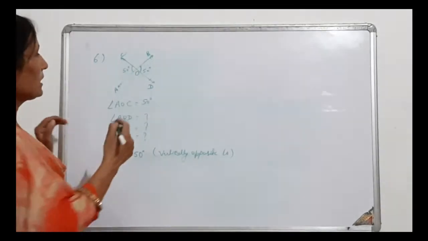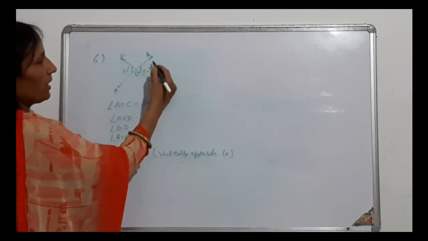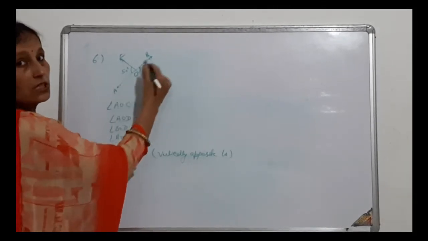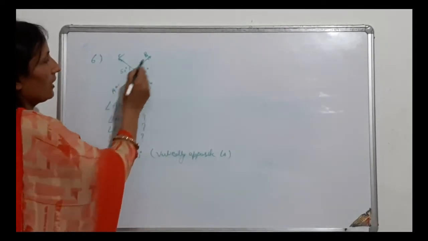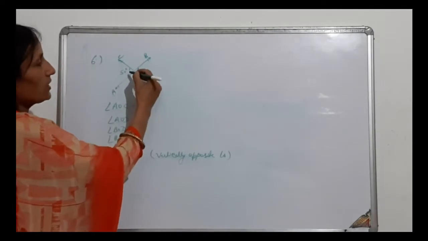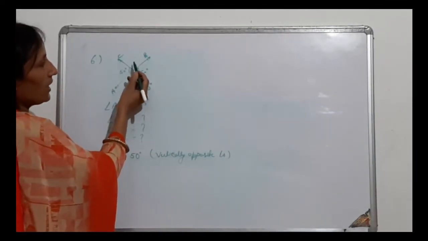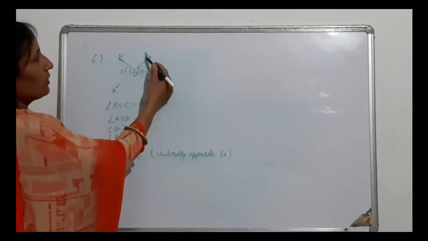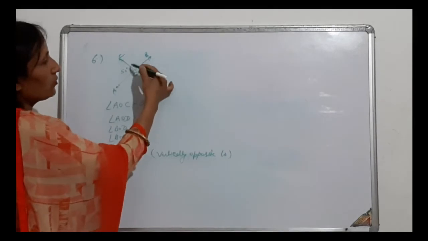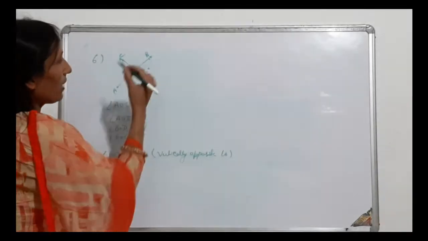Now you can see here, this is a line AB. There are two rays OA and OB, and these rays are opposite rays. And then one ray, OC, is standing on this line AB. So here it is forming a linear pair. So if it is forming a linear pair, the sum of this angle and this angle will be 180 degrees. AOC is given already, so we have to find angle BOC. We will take the sum of both angles and write 180 degrees. Then we can find angle BOC.